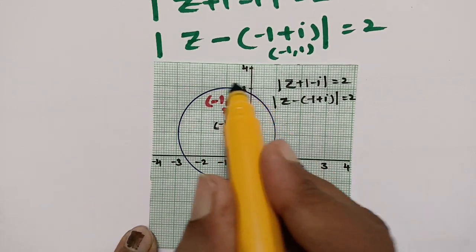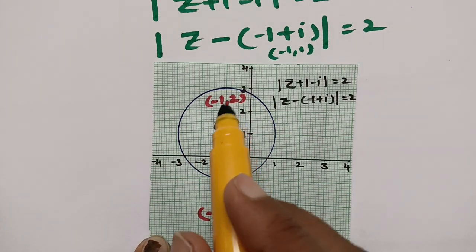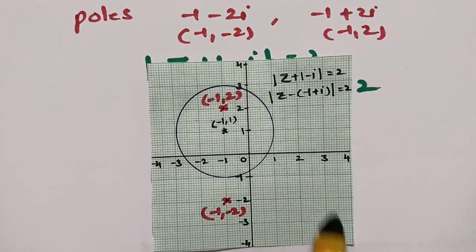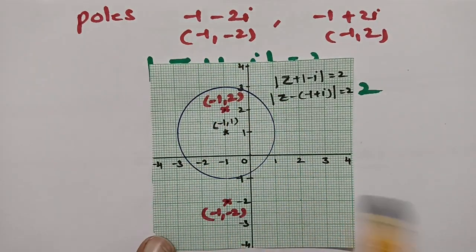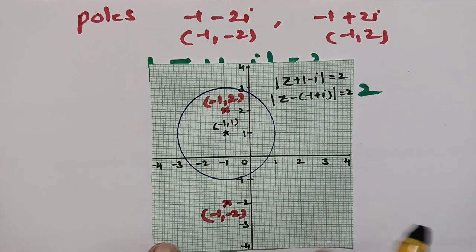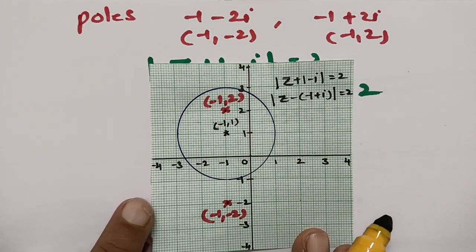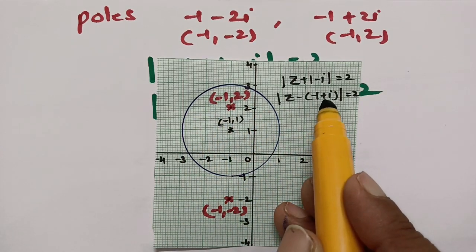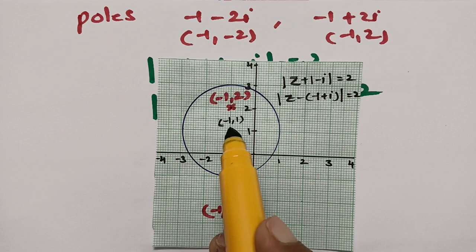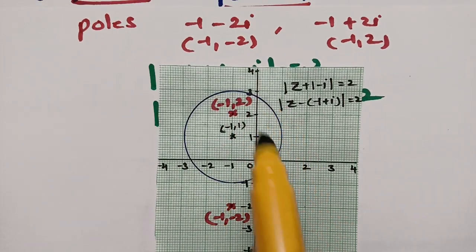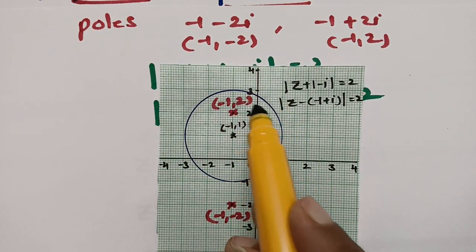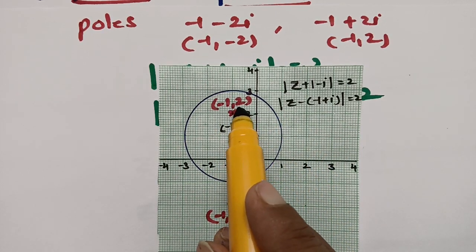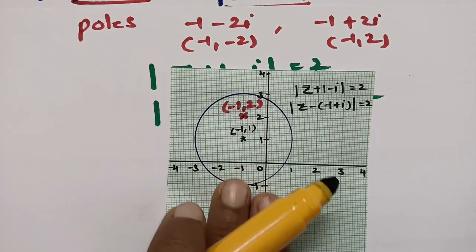After taking 2 as radius and drawing a circle, observe which pole is inside and which pole is outside. The pole minus 1 minus 2i is outside, and the next pole, minus 1 plus 2i, is within the circle C. Circle C has center minus 1 comma 1 with radius 2. I have drawn a circle and this value minus 1 plus 2i is within the circle. So we have to calculate the residue at this pole,